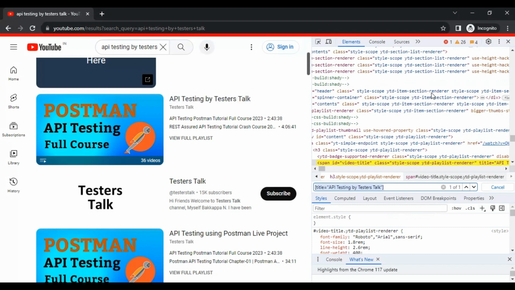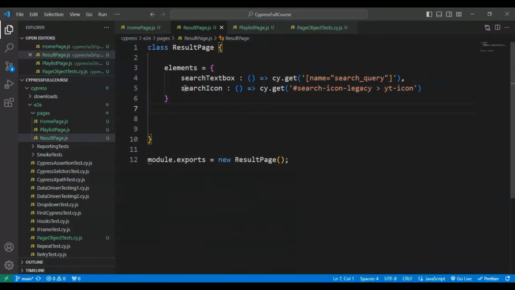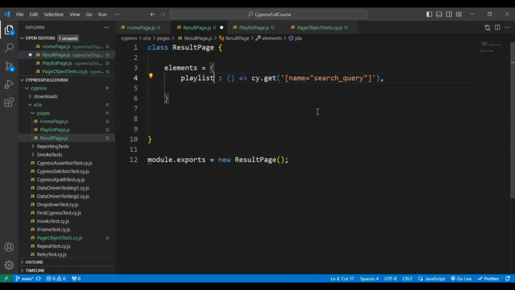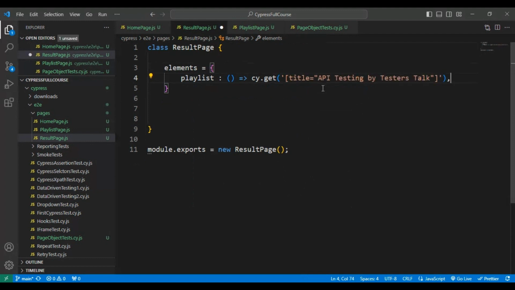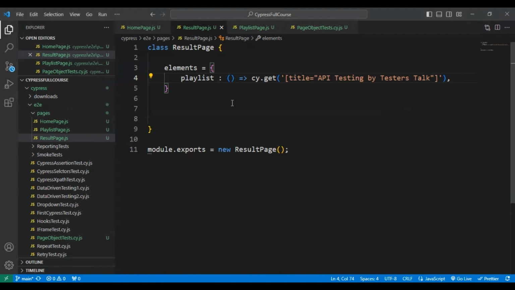So simply I will copy this particular selector and I will go back to the VS Code. Here I will simply delete all this selector, and in the result page I'm adding the variable name, that's an element name, as playlist. So we are adding the playlist selector value. I will add the playlist selector value over here. In this result page, we just need to click on this particular playlist. That's it, guys. So we have to implement one method, that is here I'll say go to